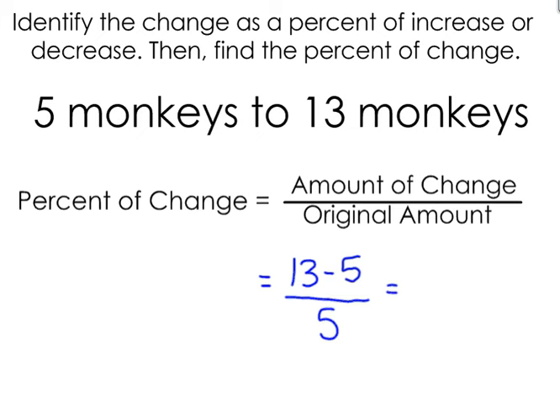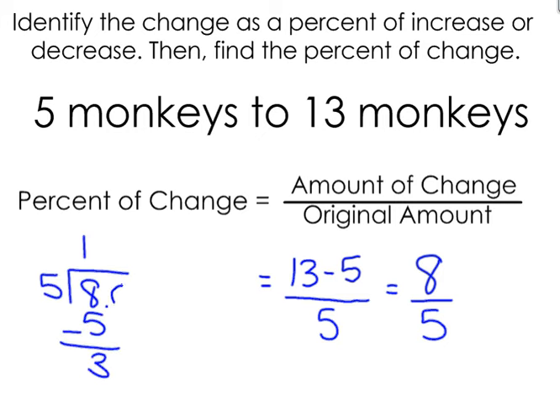So 13 minus 5 is 8. And now we need to change 8/5 into a percent. So I'm going to divide 8 by 5. 8 goes in the box. 5 goes into 8 one time. And then we'll go ahead and add our decimal points. 5 goes into 30 exactly 6 times. So I get 1 6/10 as my decimal. To change that to a percent, we're just going to multiply by 100. So that's going to be